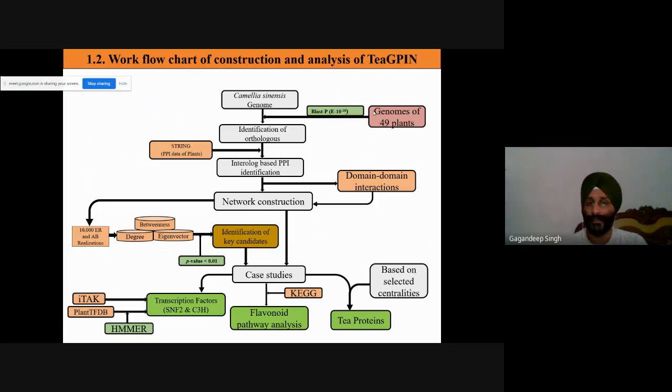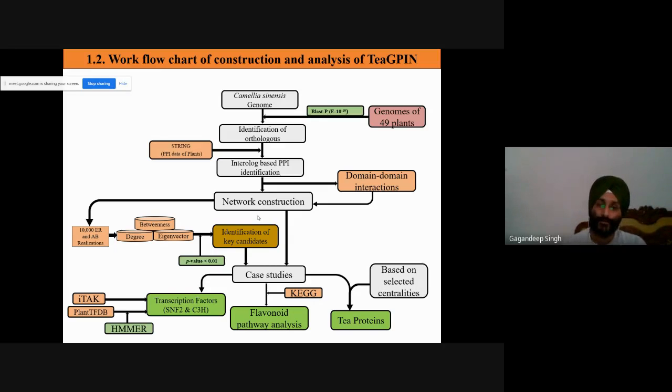Finally, I mapped this data with 49 other available plant genomes, and then we identified some orthologs. From STRING protein-protein interaction networks, we again identified some networks, and we have generated some networks by using domain-domain interactions.